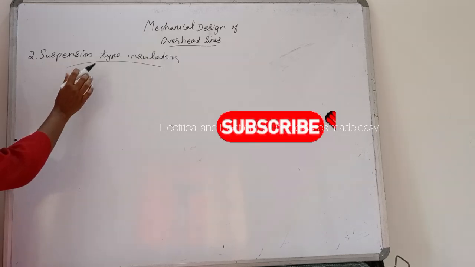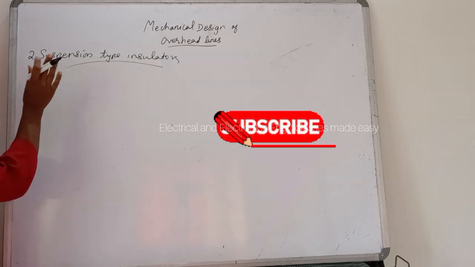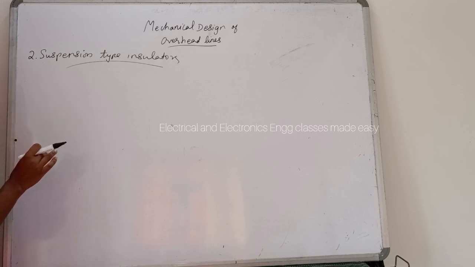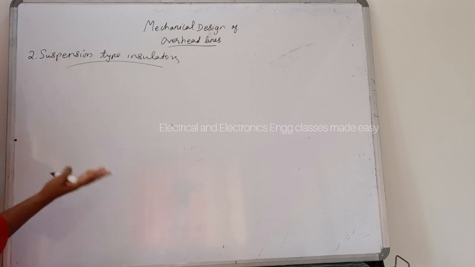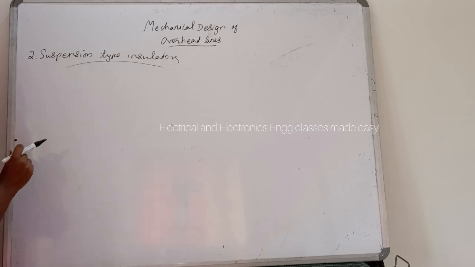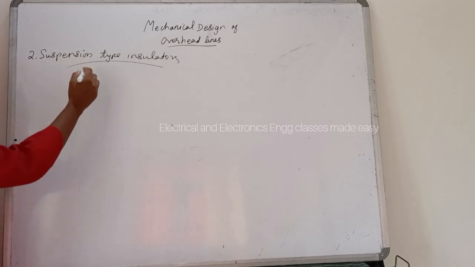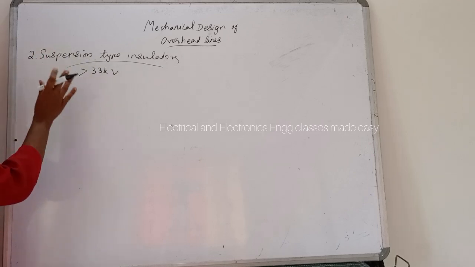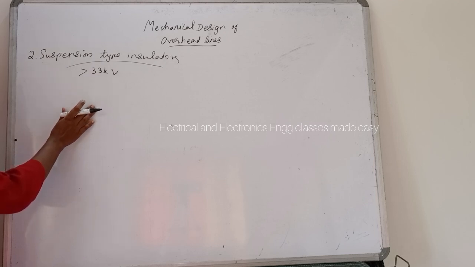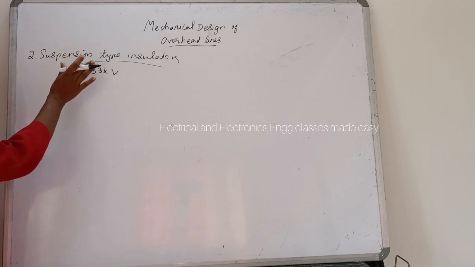Next is suspension type insulator. The cost of pin type insulator increases rapidly as the working voltage is increased. Therefore, this type of insulator is not economical beyond 33 kV. So, for high voltages, that is greater than 33 kV, it is a usual practice to use the suspension type